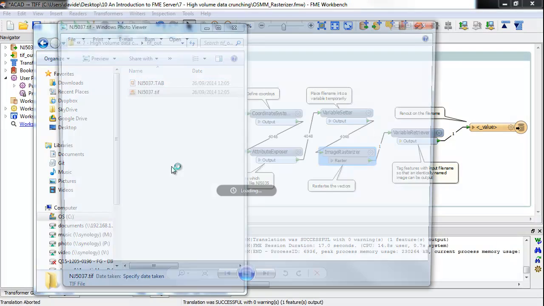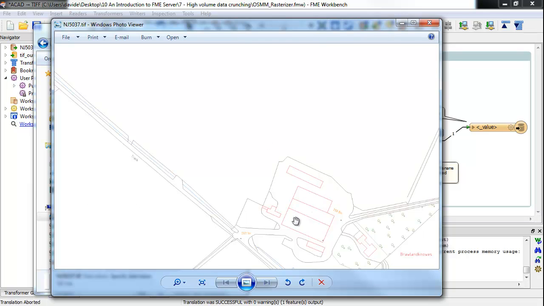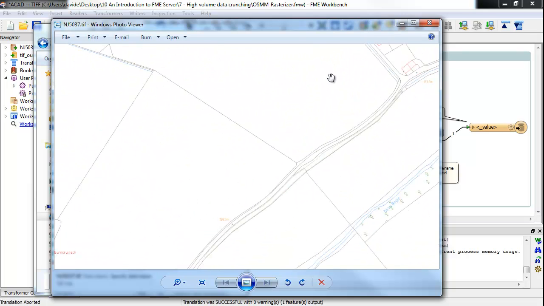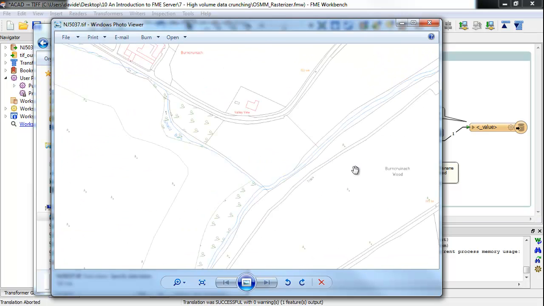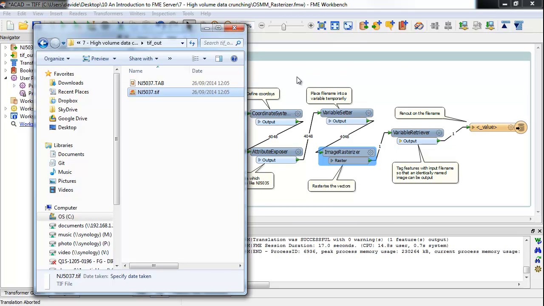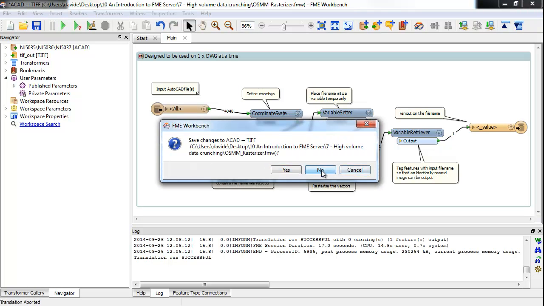So here now is our raster, and you can see that if I zoom in, we've got a very long raster image. I can pan around here. So it's not ideal at the moment. So what we would do is get this process to be called by another process. So if I close this down